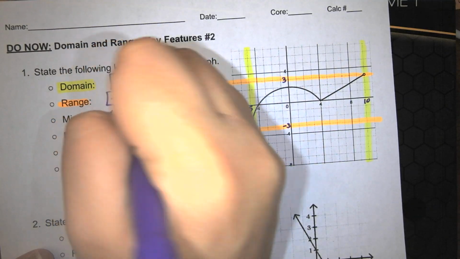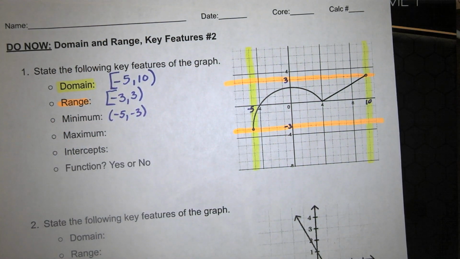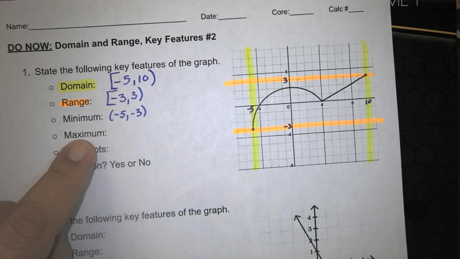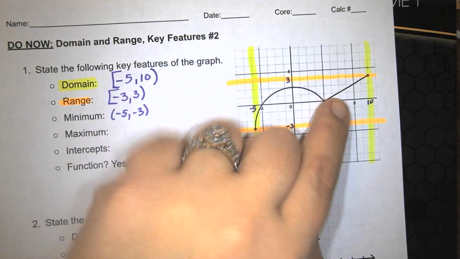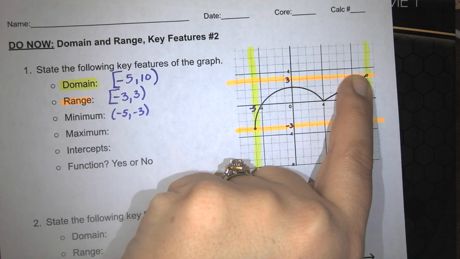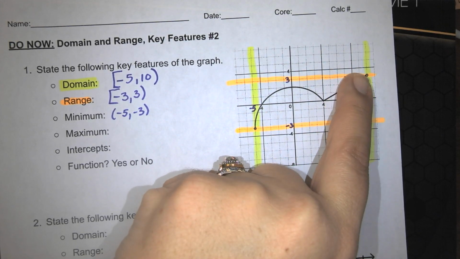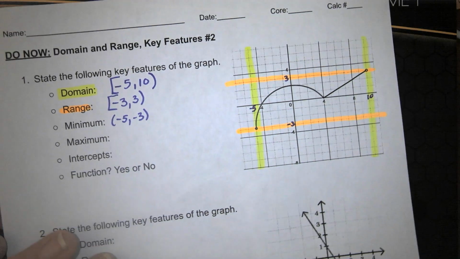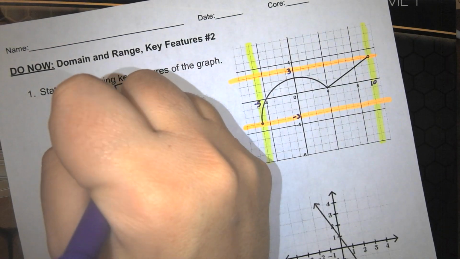Negative 5, negative 3. When the input is negative 5, the output is negative 3. Our maximum would be the highest point. So the highest point on our graph is this one, but because it's an empty circle, it's really not 10, 3. It would really be whatever comes right before 10, 3. So we're just going to write it that way, right before